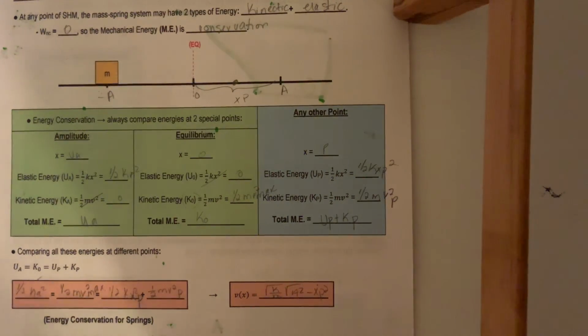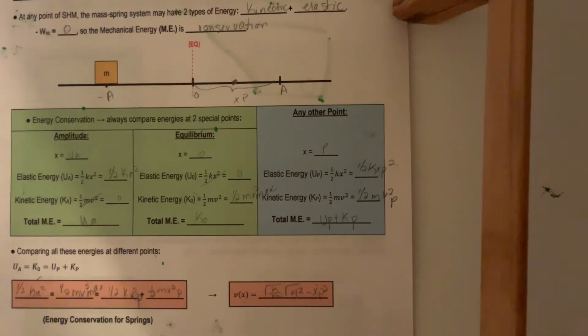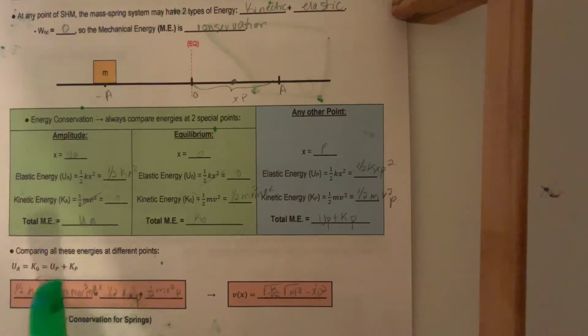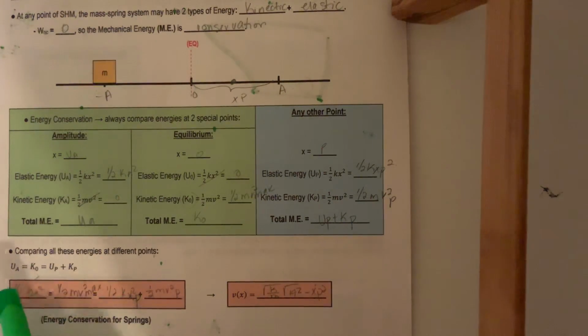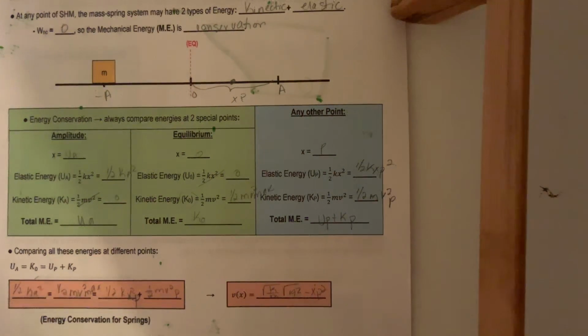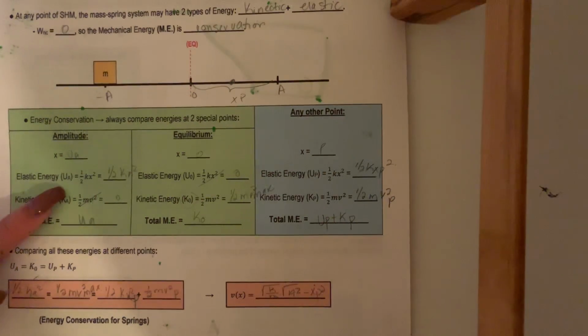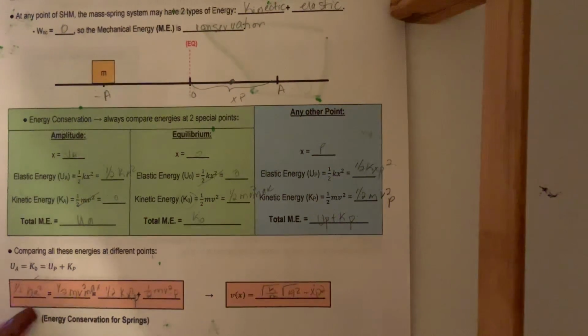In this example, I want to introduce energy in simple harmonic motion. Basically, what we're going to see is the introduction of energy to the same problems that we're used to. One equation that relates all of them is this one, which is the elastic energy, abbreviated UA, which has a value of